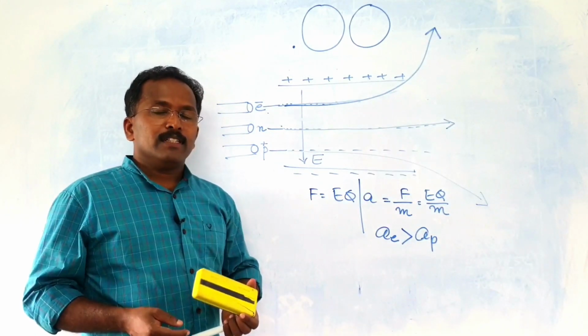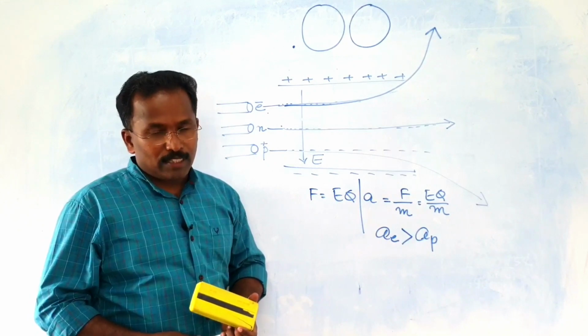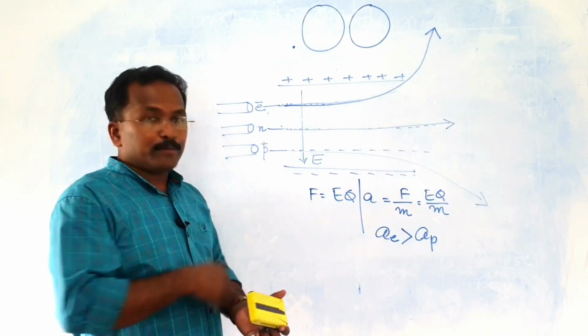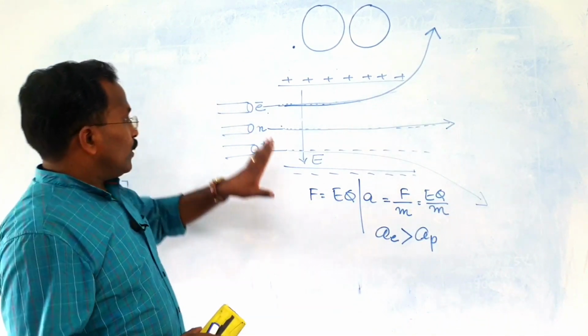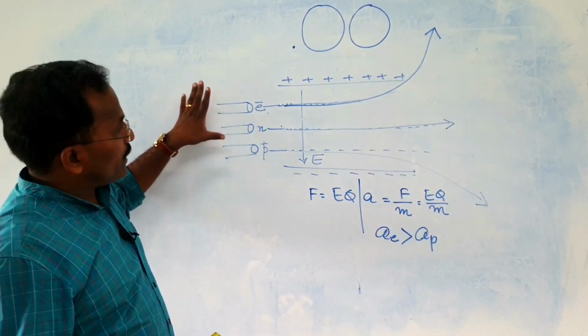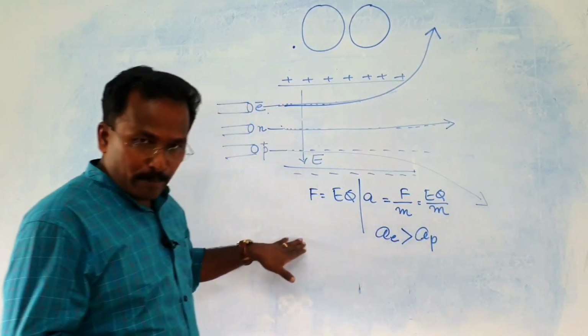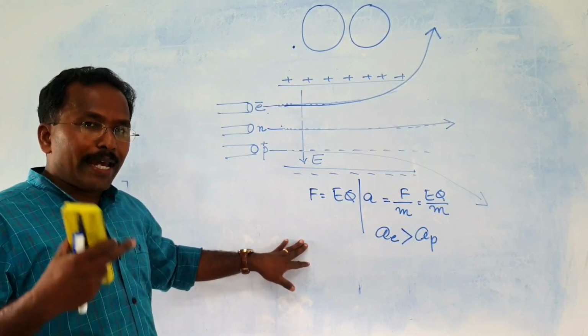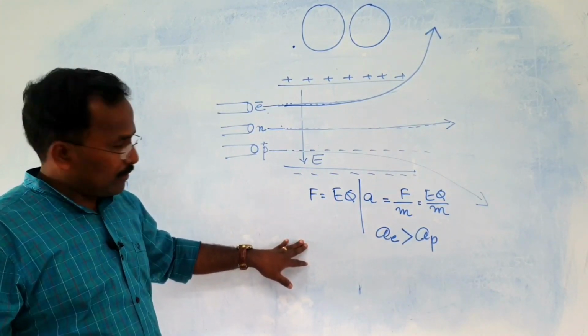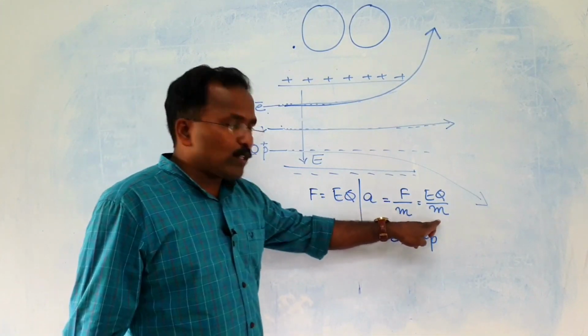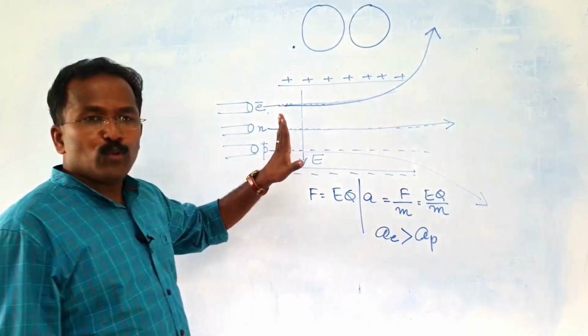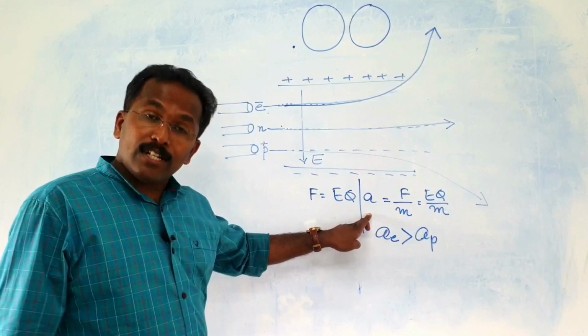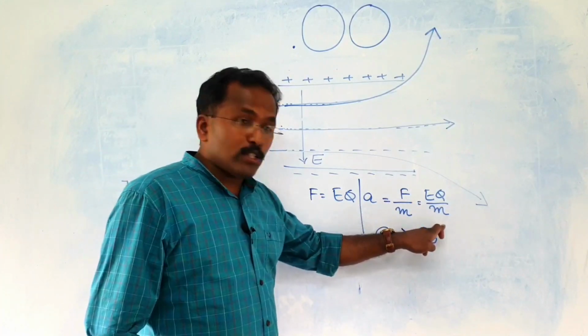So I hope you enjoyed that example. This came once in the exam. So what you have to do is copy this into your notebook and study in detail how this is coming. And I need to add something more there, I believe. Here acceleration depends on mass. This is a kind of movement in electric field. The acceleration depends on mass.